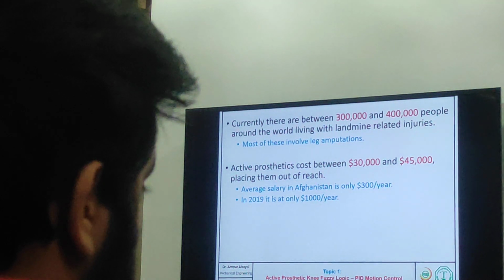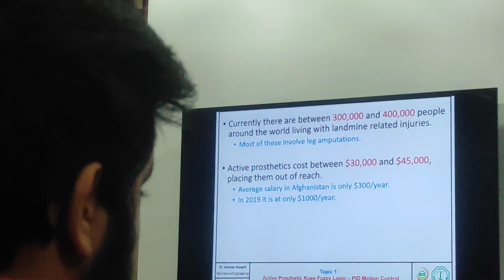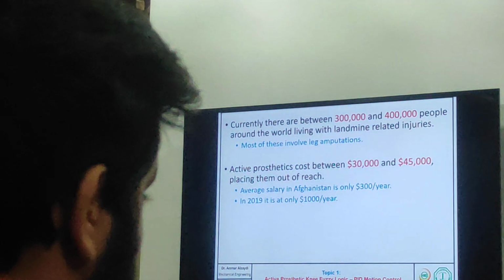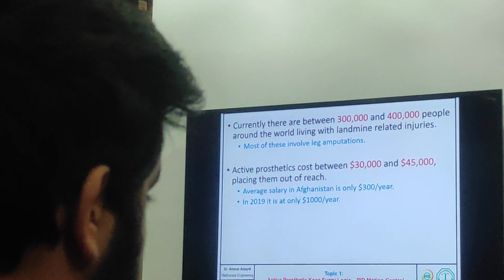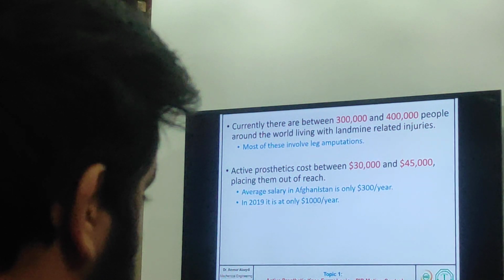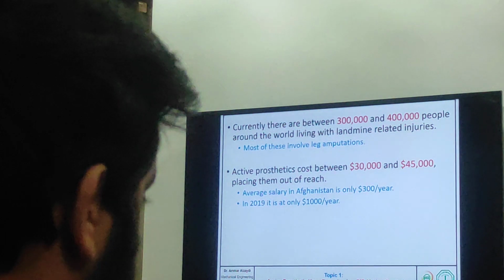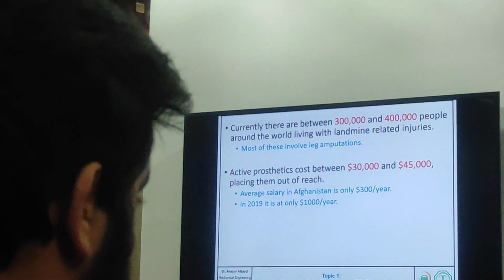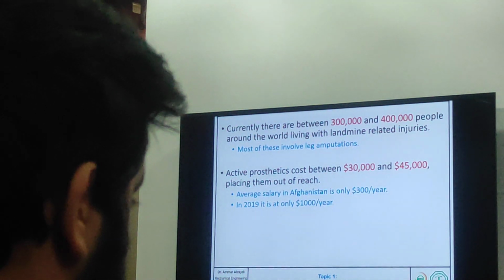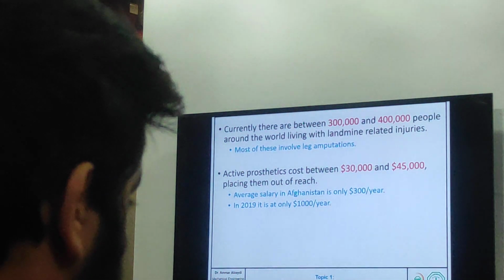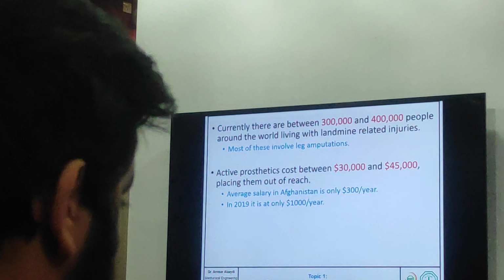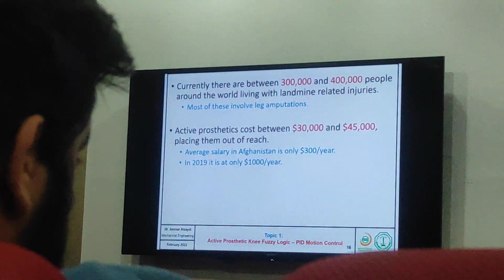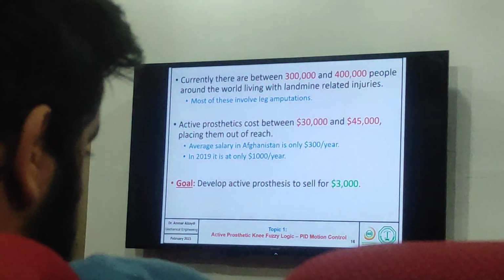In this specific scenario, the average salary in Afghanistan in 2019 reached up to 1,000 a year. So imagine how difficult it is, even in 2021, how high can it be? 1,200, 1,500, 2,000? We're still talking, if it's double, it's 1,000 per year. So in this case, how can we help those people achieve a prosthetic that is within their means? So what if we can design something that's under